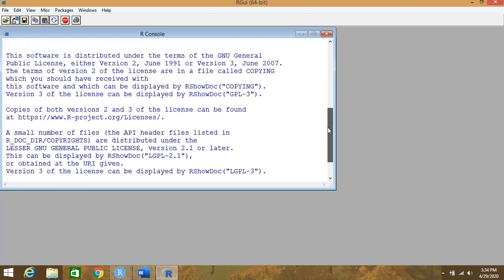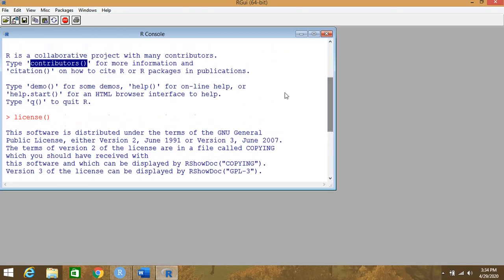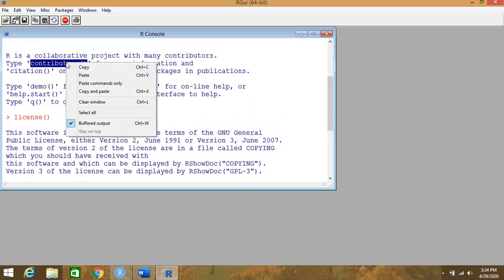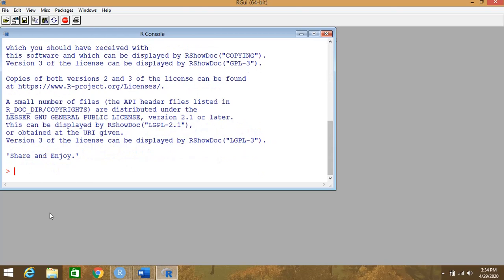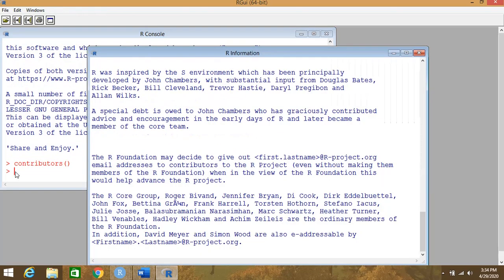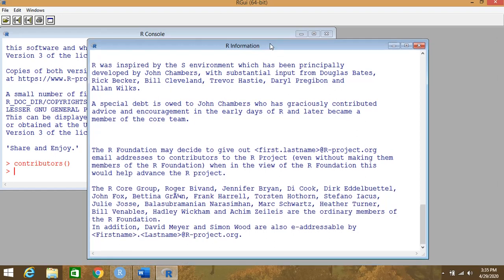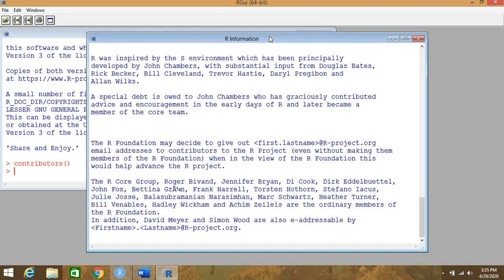So we were here, we want contributors, so we can copy and paste this function down here. It tells us it was inspired by the S environment. S was initially a language written to do statistical analysis, by Chambers with substantial input from Douglas Bates.